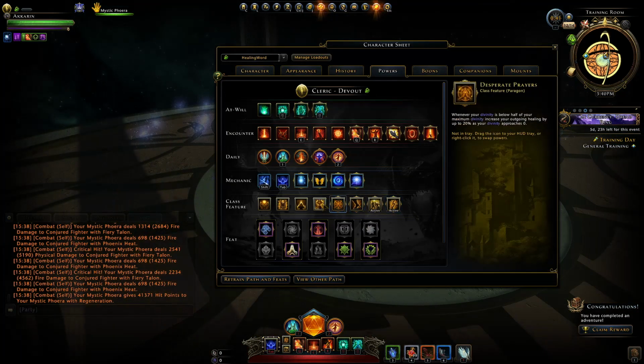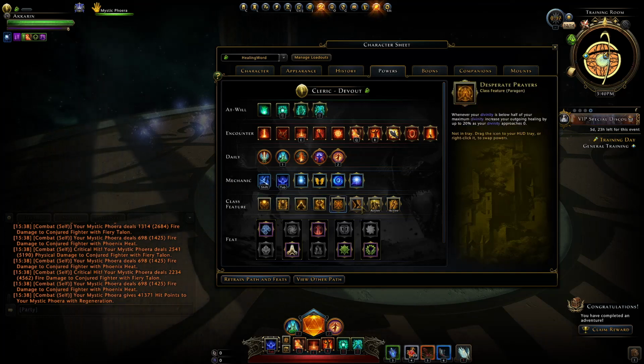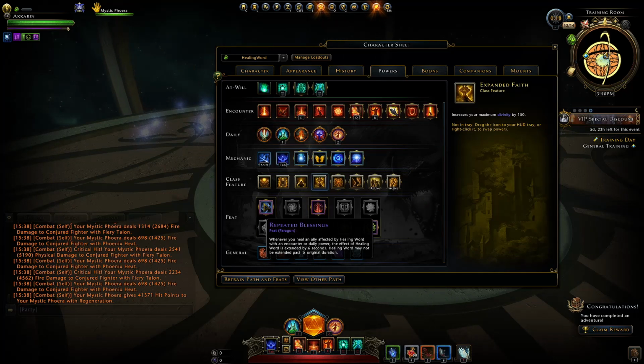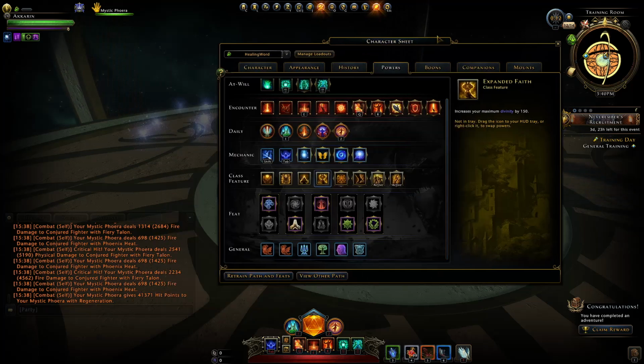The alternatives aren't really much. There just isn't any great other abilities here you could use. Feel free to let me know your thoughts in the comments below. Yes, Expanded Faith if you're in a particularly long fight and need that higher ceiling of divinity. I will showcase a run of just going with randoms in one of these queues, and I'll upload that with